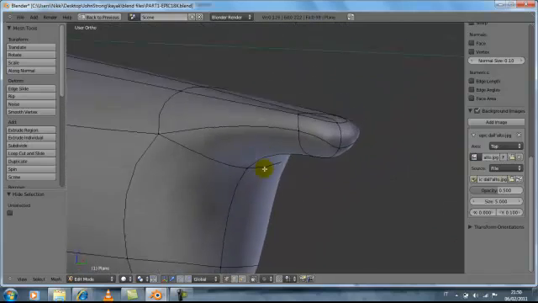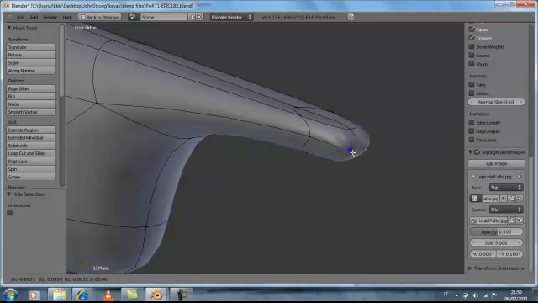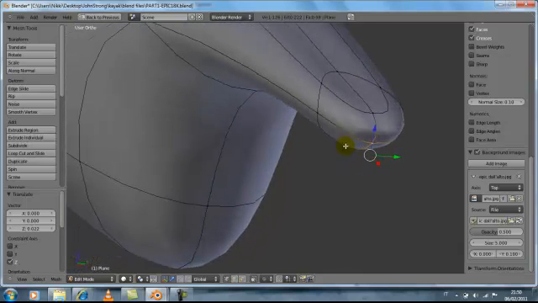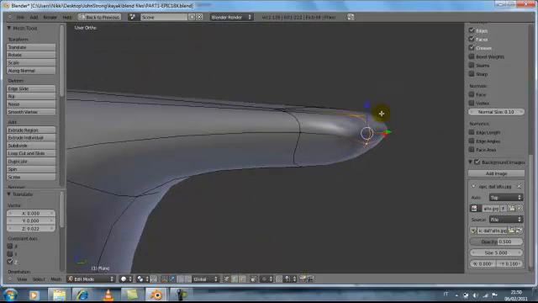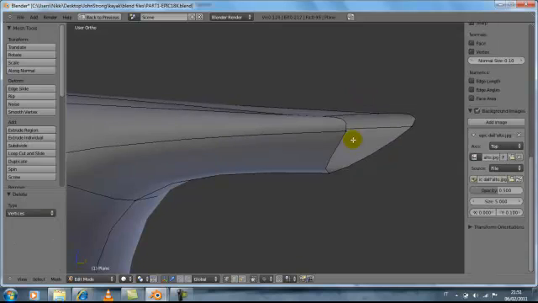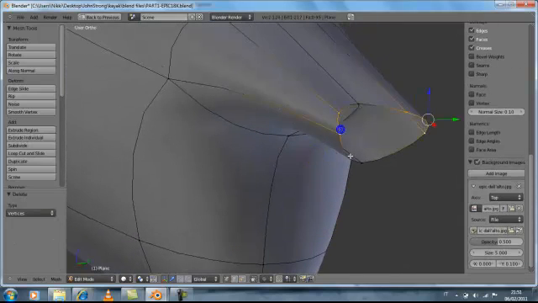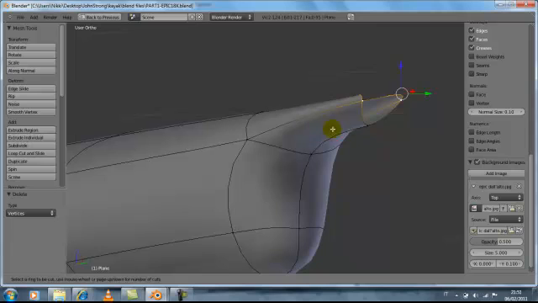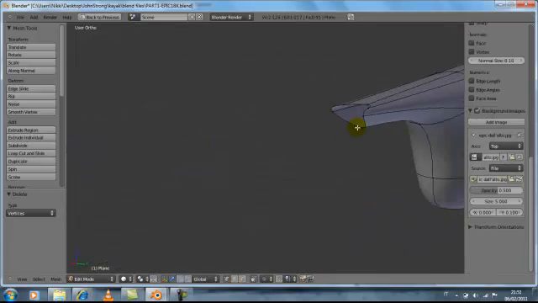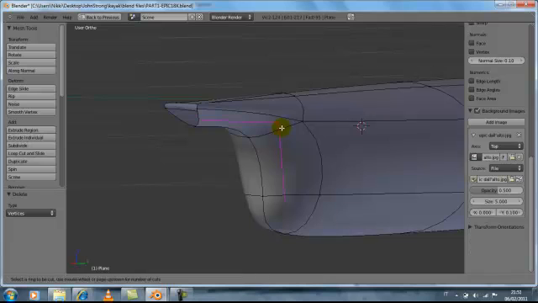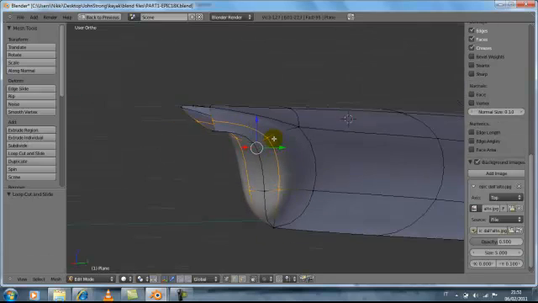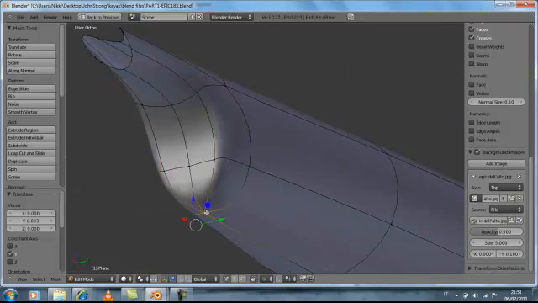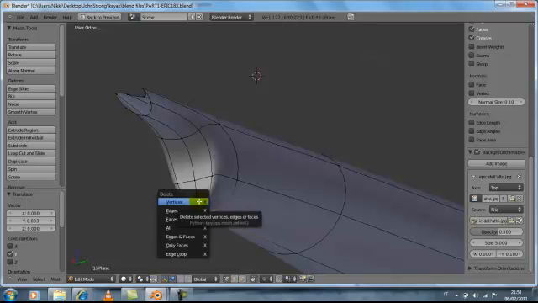what we do is, let's see, I don't like this vertex, so we delete these two vertices, select this, and we can add a loop here. So we are working on this side, so add a loop, and we need to delete also these vertices, this vertex, and